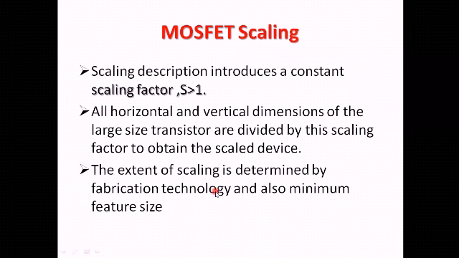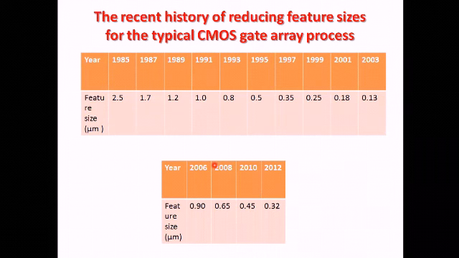Now let us move to the next slide. This slide shows the recent history of the reducing feature sizes for the typical CMOS gate array process. Here all the years are given, and this is the feature size, which is represented in micrometers. It is seen that a new generation of manufacturing technology, like 2010, 2012, replaces the previous one about every 2 or 3 years, and the downscaling factor S of the minimum feature size from one generation to the next is about 1.2 to